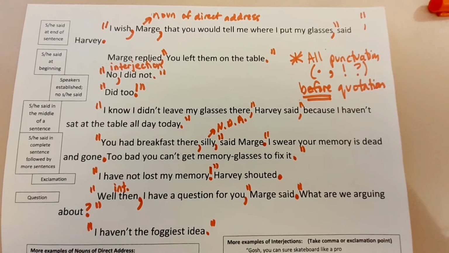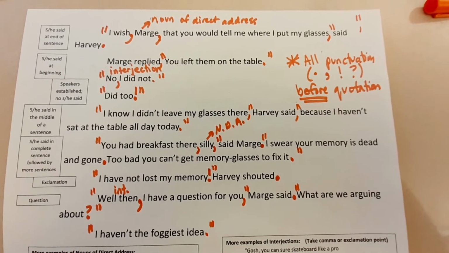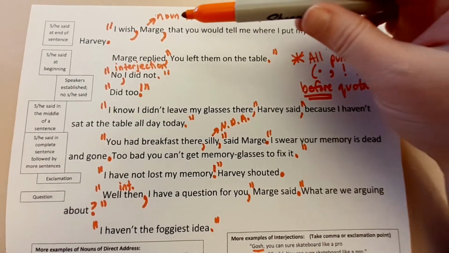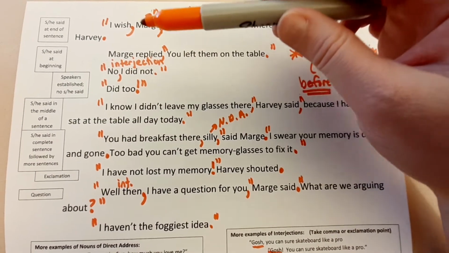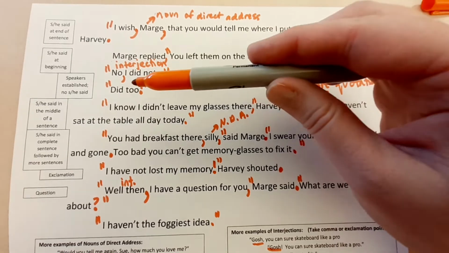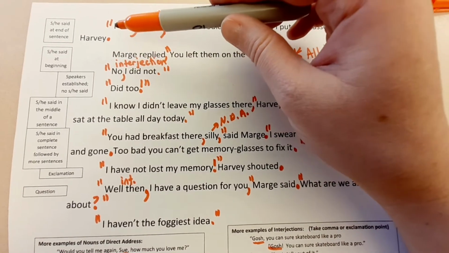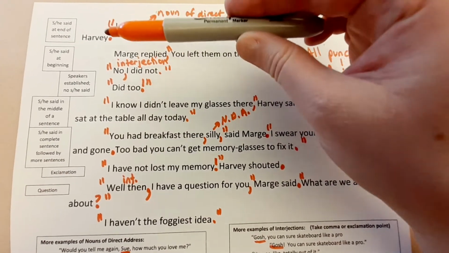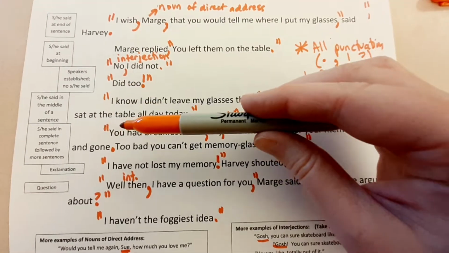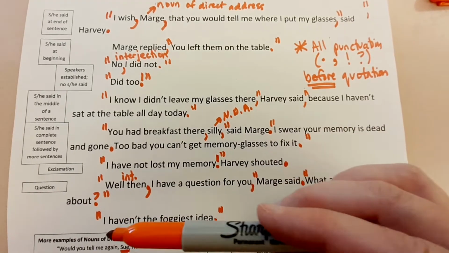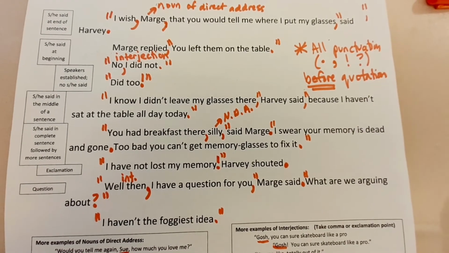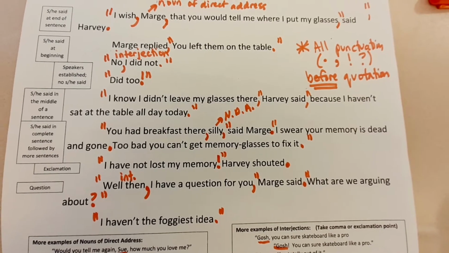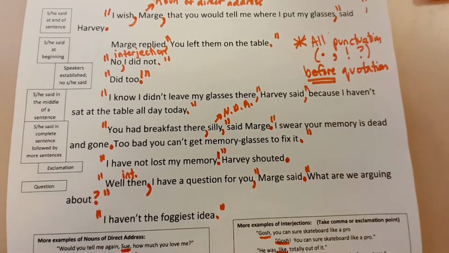Before I leave this page, I want you to notice, because it's super critical, we have a whole bunch of paragraphs. In fact, I think there's 9, right? Every time a new person talks, you switch paragraphs. You indent your paragraphs, but good heavens, there's 9 of them, so that the dialogue reads very vertically. Okay, I had a fair amount of you not do that when you wrote me your 3 alternate beginnings to your stories. You had the dialogue all in one paragraph. It's so confusing. Okay, remember, remember, remember.